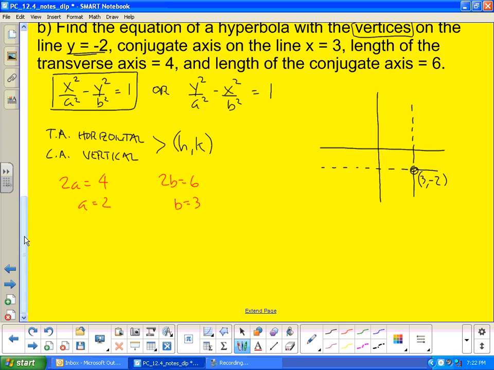So we would say (x minus 3) squared minus (y plus 2) squared. A squared is going to be a 4. B squared is going